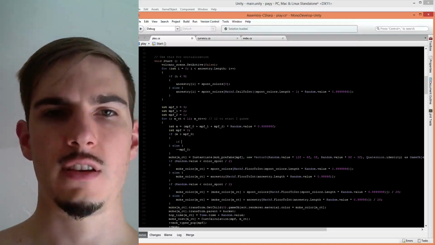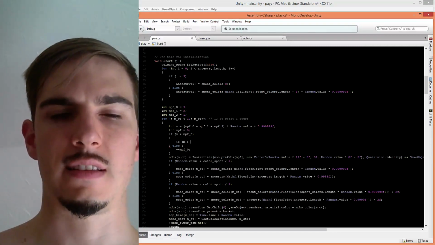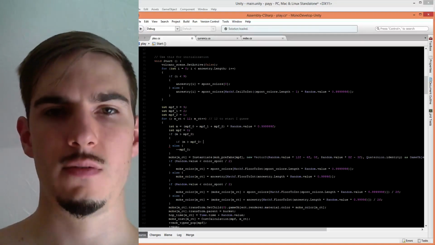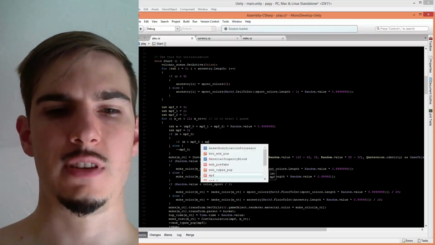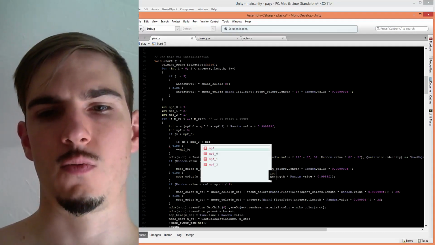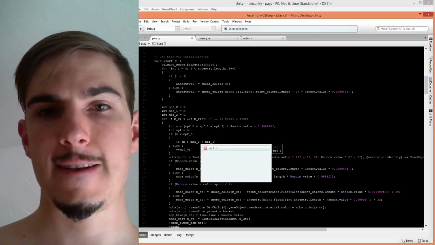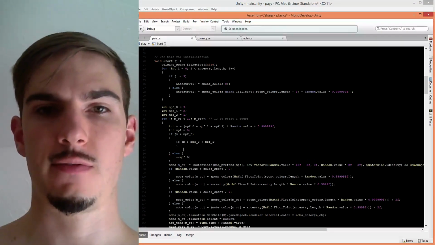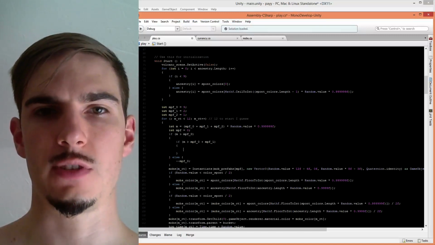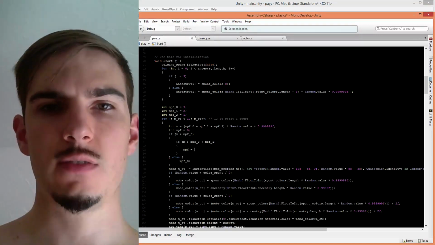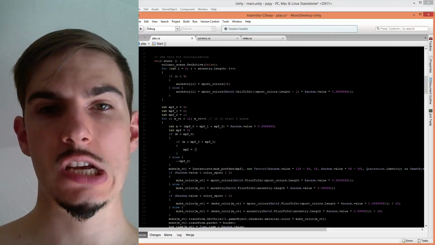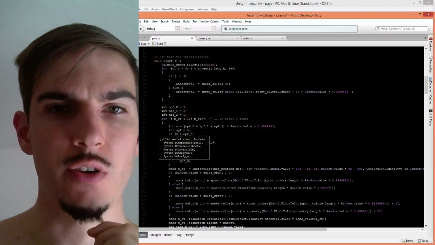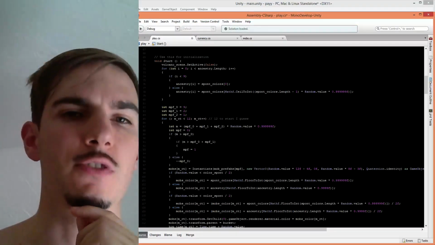Otherwise, if M is less than MPF0 plus MPF1, then it is in fact MPF1, in which case MPF equals 1 and wait. Oh no. Yes, no. If M is greater than